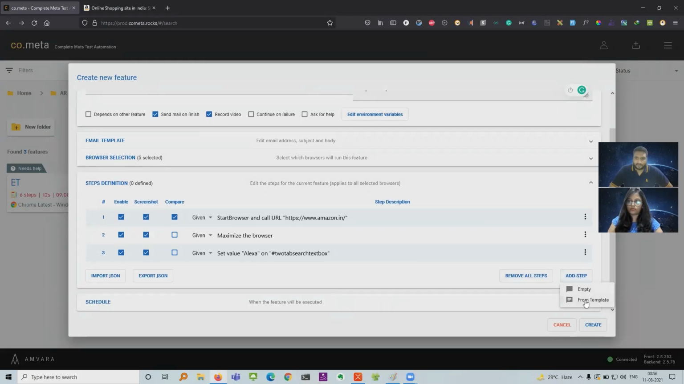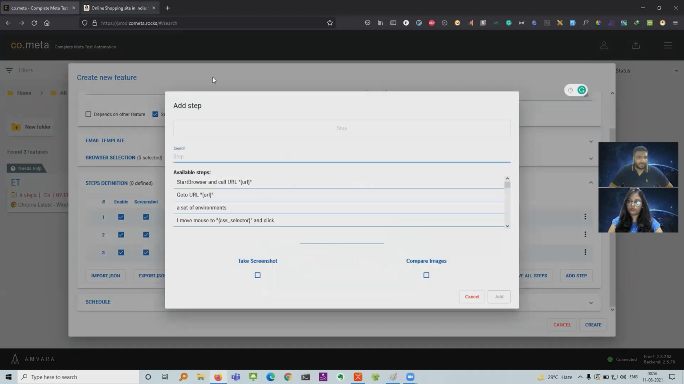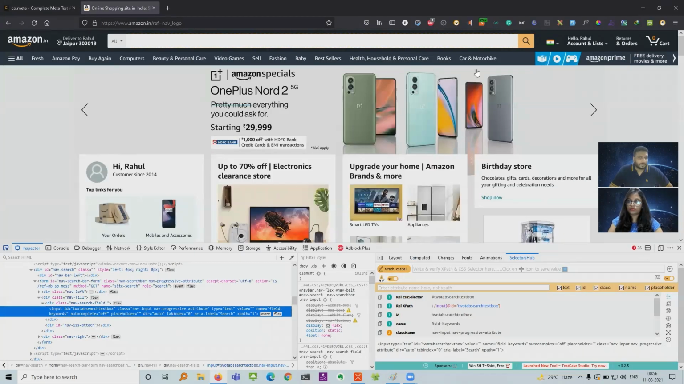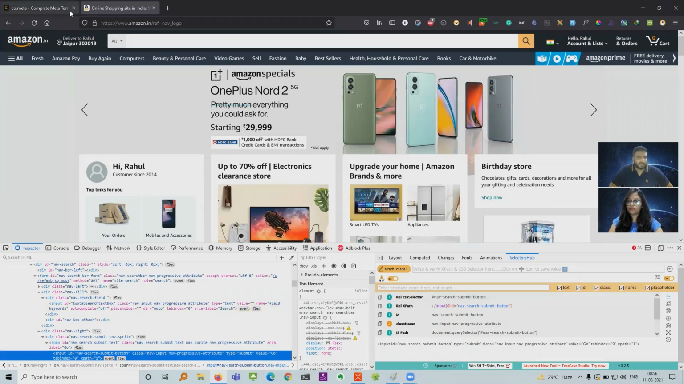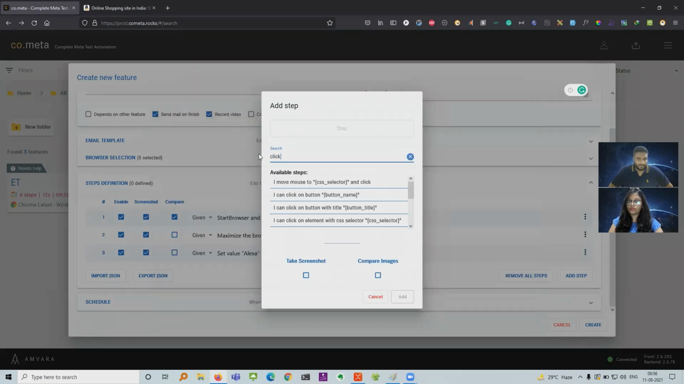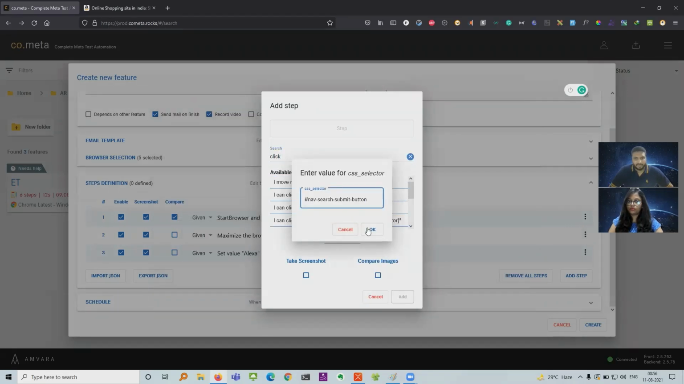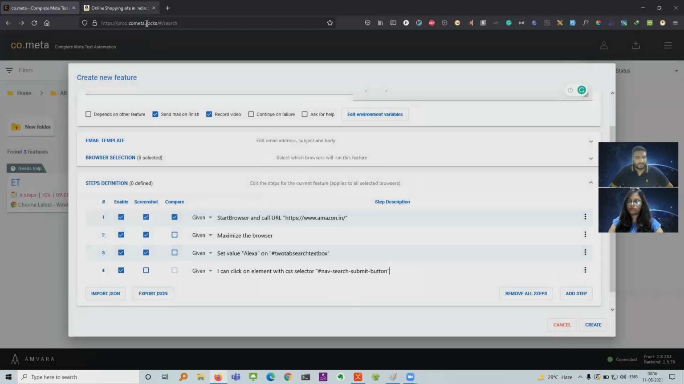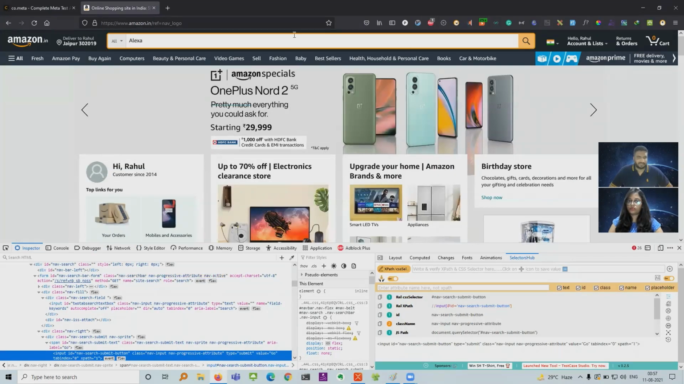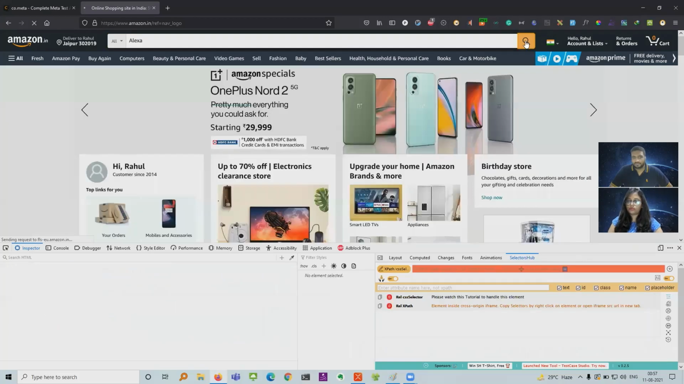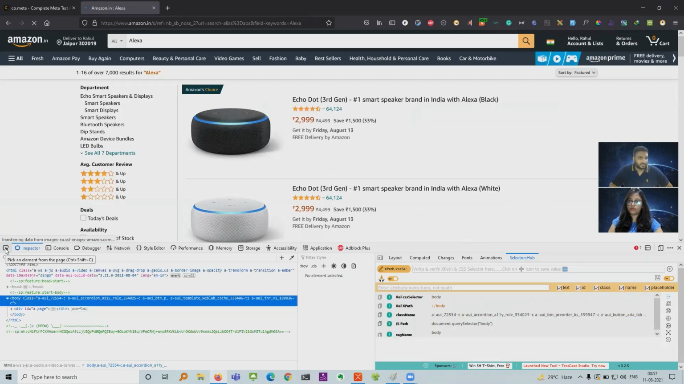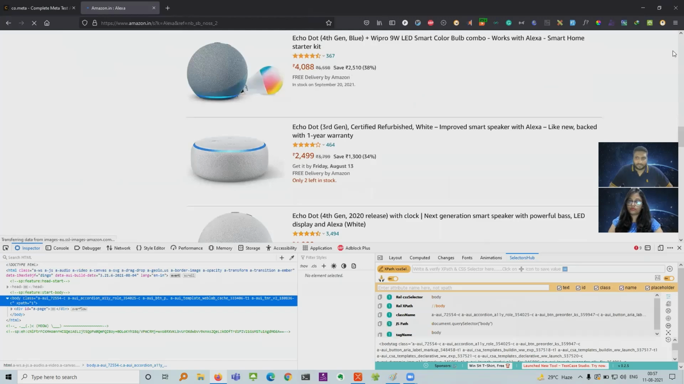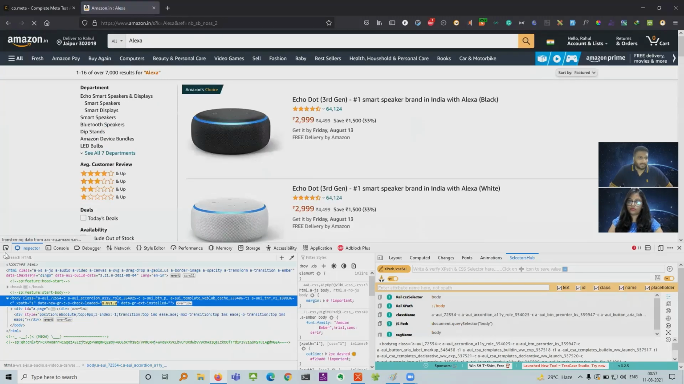Next is clicking on the search button. So when I go here and click on this button, I've copied this CSS selector, and I search for this click, so I can click on an element with this CSS selector, and this is okay. And so after entering Alexa and clicking on this, in the next screen I will take the locator for this Amazon Choice, so that I can click on this Amazon Choice for the product that I want to buy. And